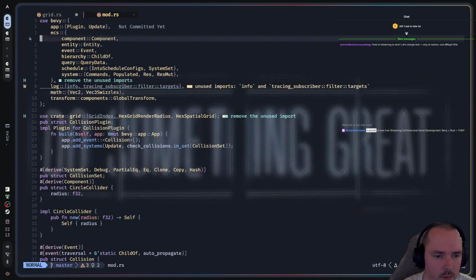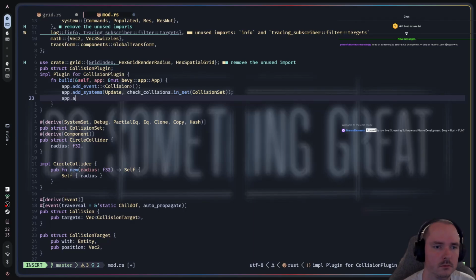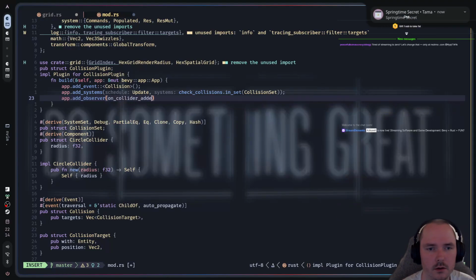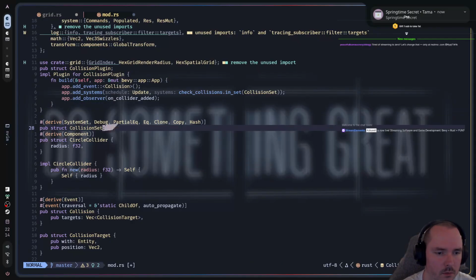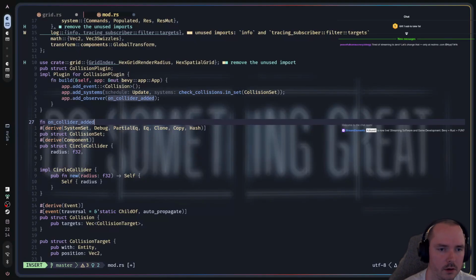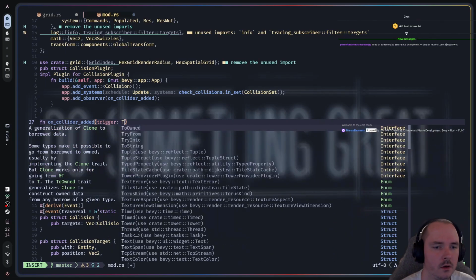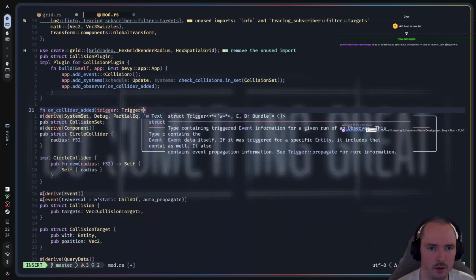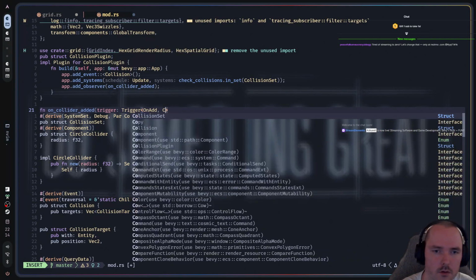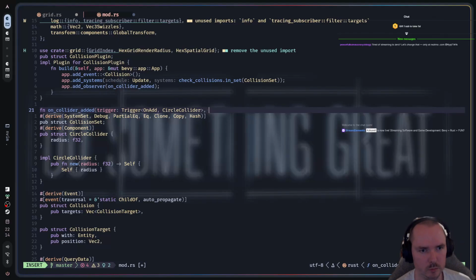Now let's put this into here, because here it probably makes the most sense. Add observer on collider edit. Now we need to define that function. Fn on collider edit. It takes a trigger. Trigger would be on add circle collider. And